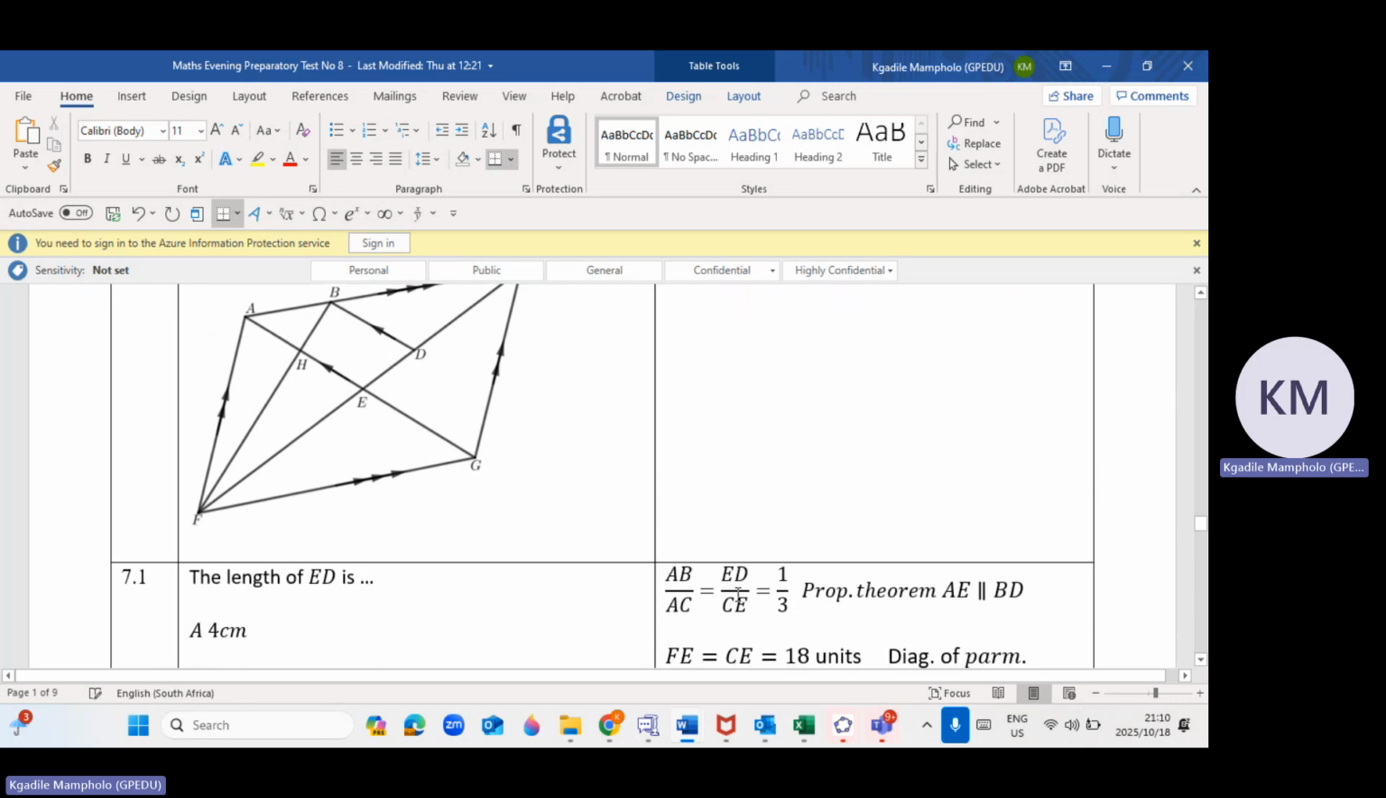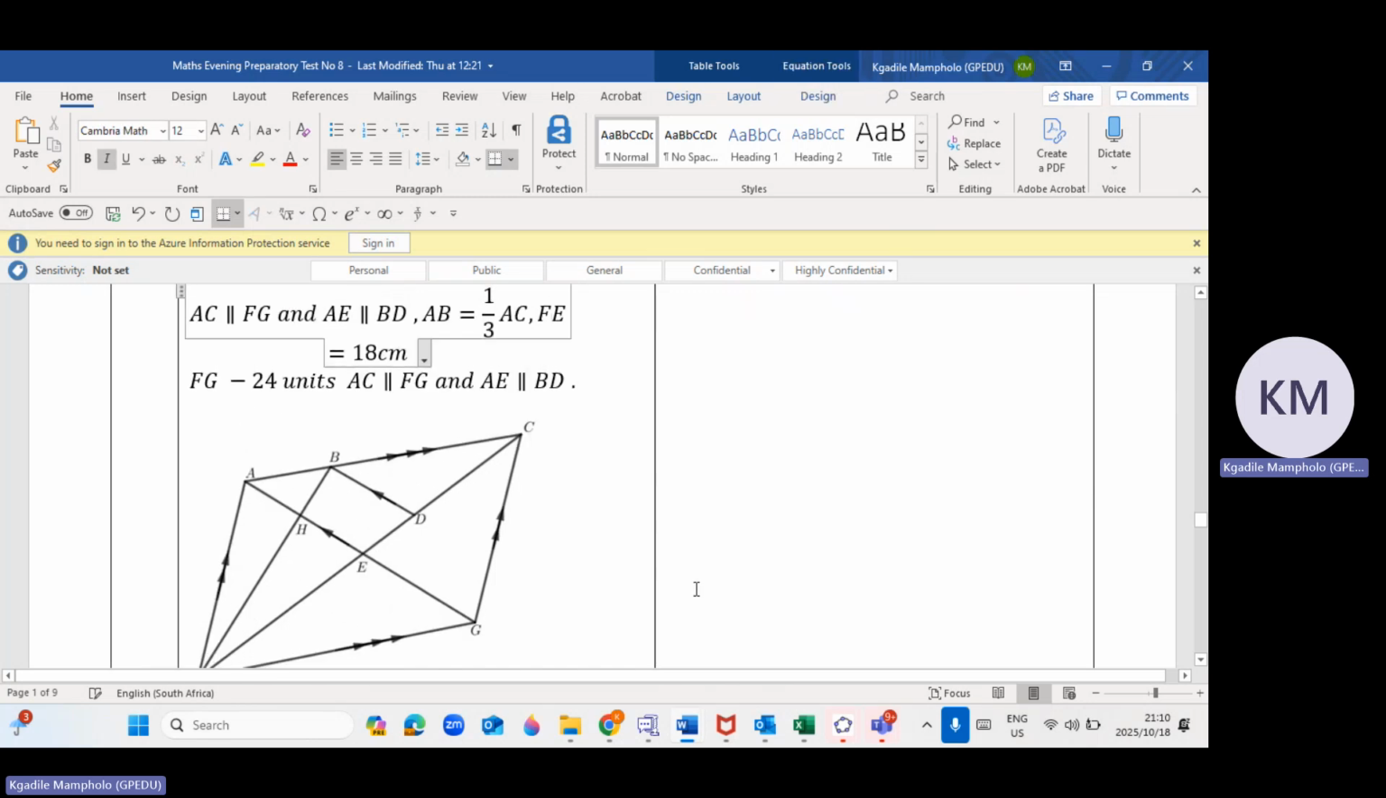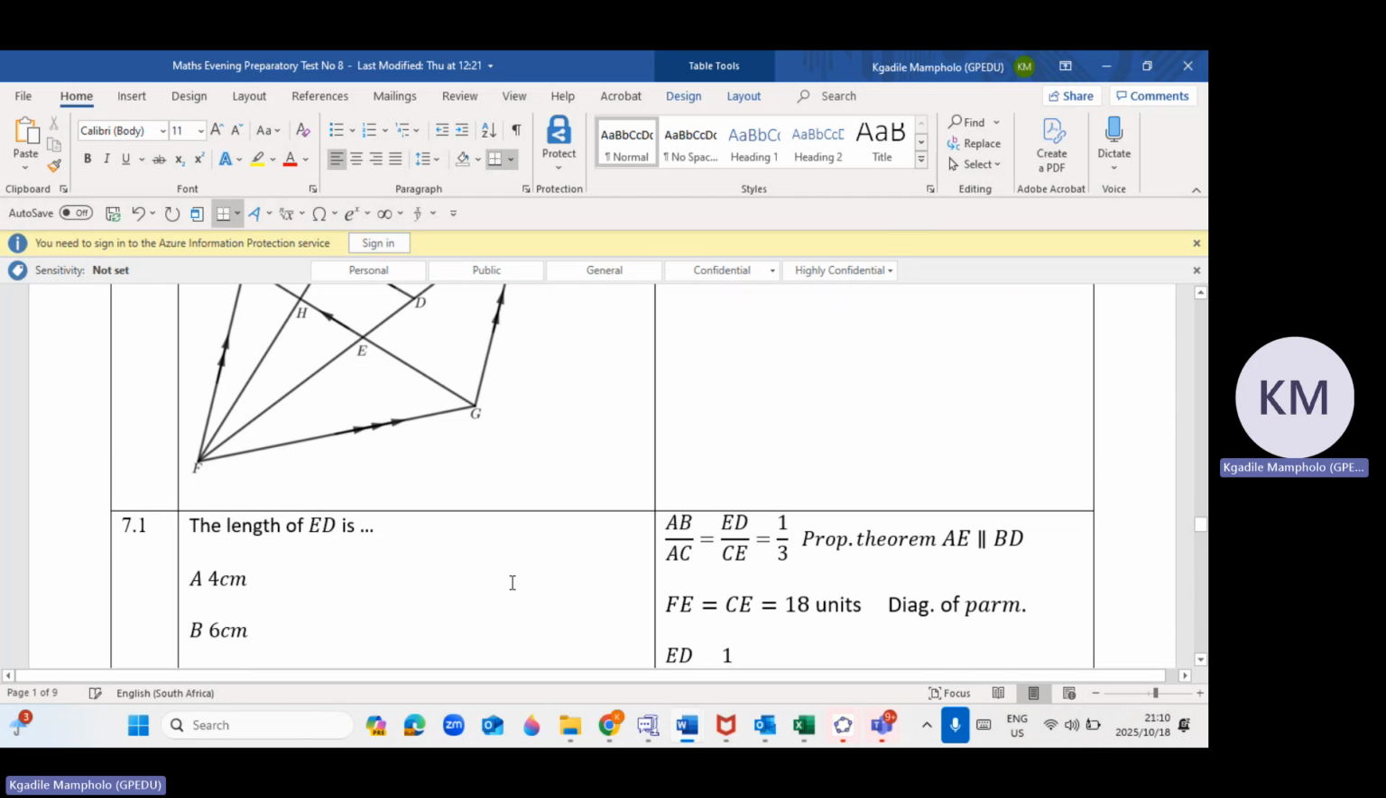The length of ED is, let's check where ED is. Remember, we know that FG is equal to 24 units. FE equals 24 units. FG, let's check, FG is equal to 24 units. So if FG is 24 units, it means AC is also 24 units. So then we say AB is to AC is equal to